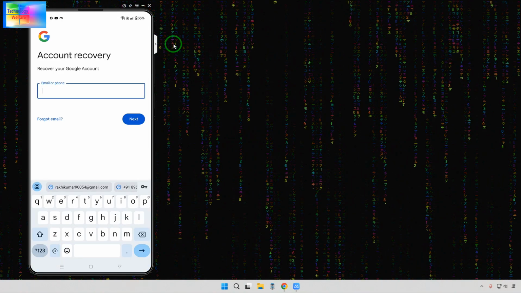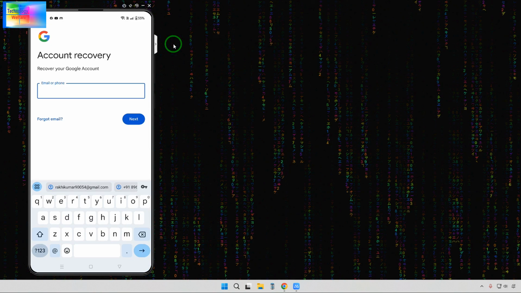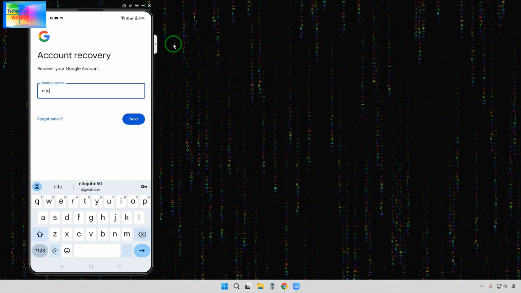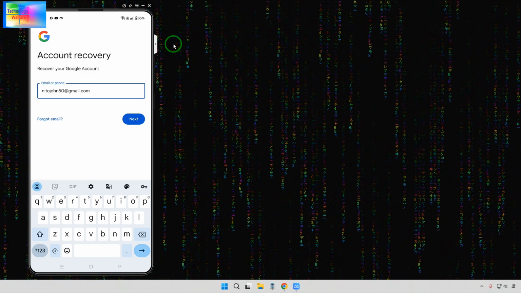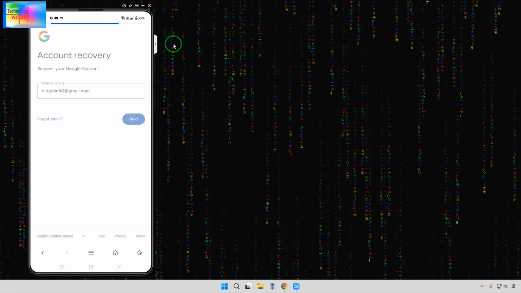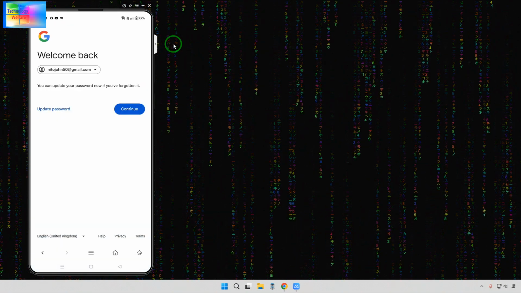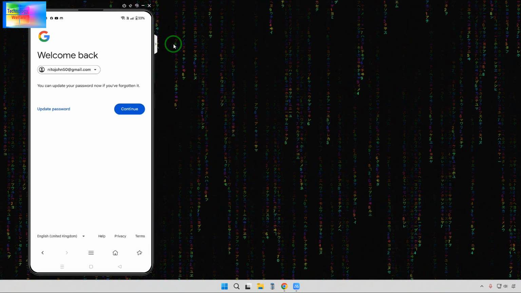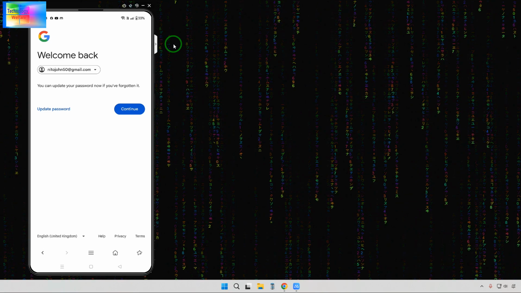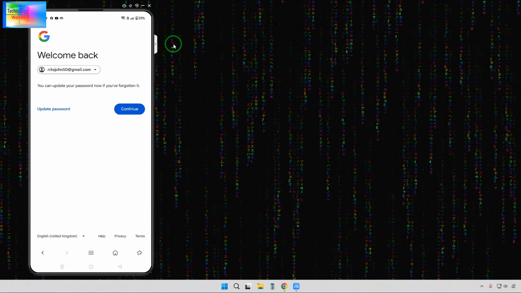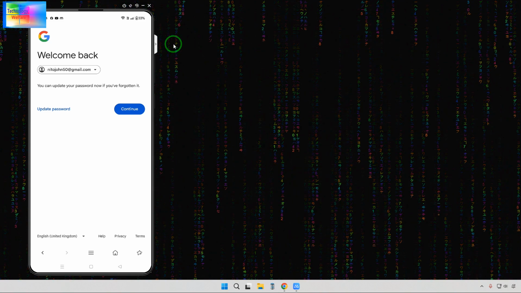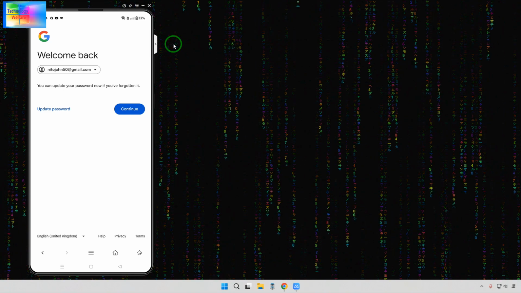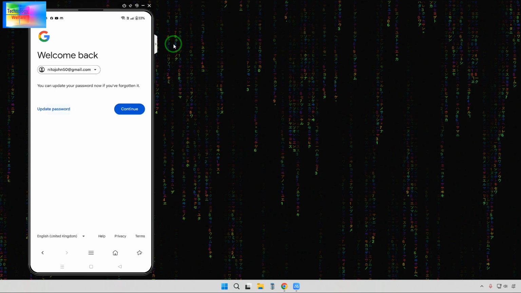Once again we will have to enter the ID. So let's see, just what we will do right here, this ID. Now we will go for next. See here, directly we have landed here. Now here we have two options: you can update the password now if you have forgotten it. Here we cannot go for continue, otherwise it will ask a security question, of a security key. Here what we have to do, guys, we will simply go for update password,